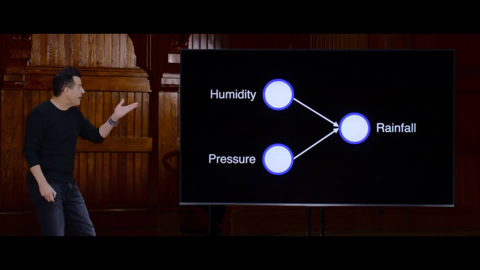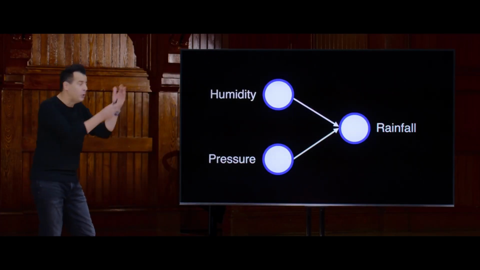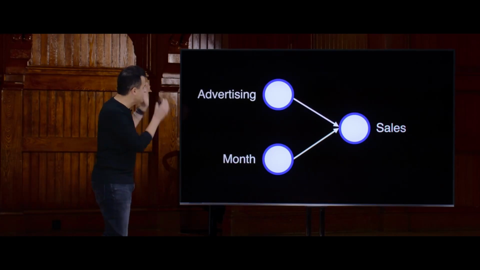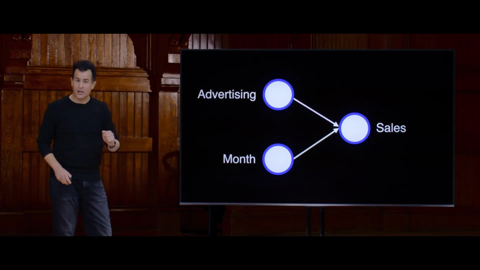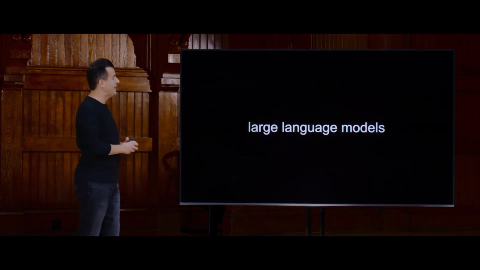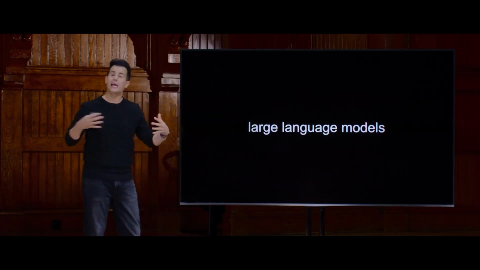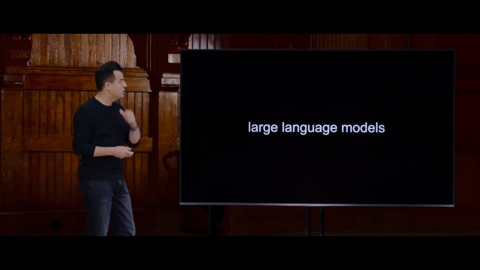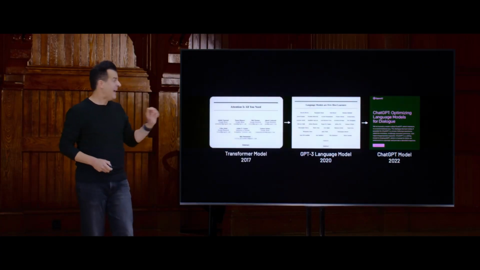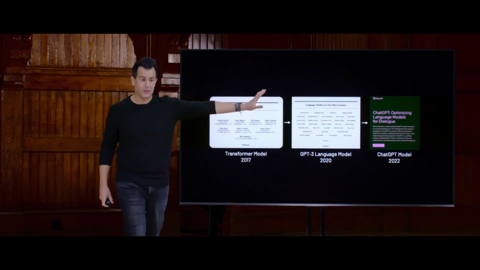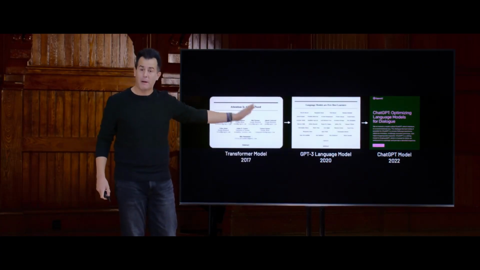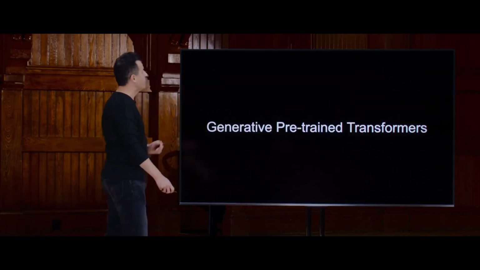So if you want to predict rainfall from humidity or pressure, you can have 2 inputs giving that 1 output. An advertising dollar spent in a given month might predict sales by just having trained, again, on such volumes of data. And when we get now full circle to something like CS50's rubber duck and large language models like Claude and Gemini and ChatGPT, what's really happening, and this is all hot off the press in recent years, screenshotted here are some of the recent research papers that have driven a lot of this advancement in recent years.